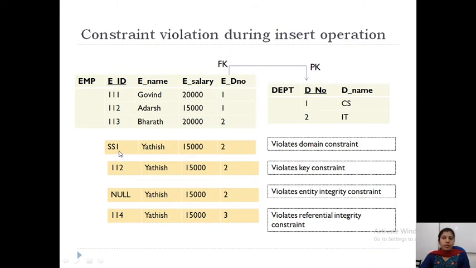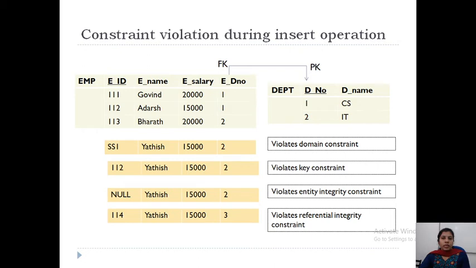So it violates the domain constraint. Then the next is, if I give 112 for employee ID, assume here employee ID is the key. 112 is already there. A primary key should not be identical, it should be distinct. So it violates the key constraint.